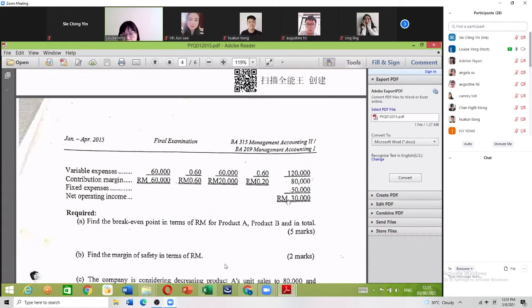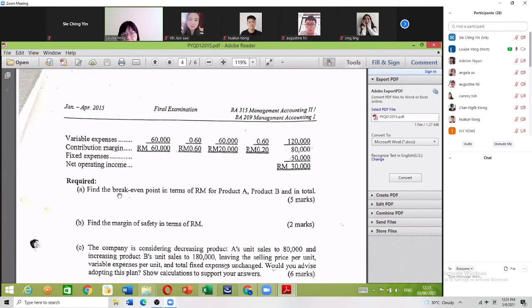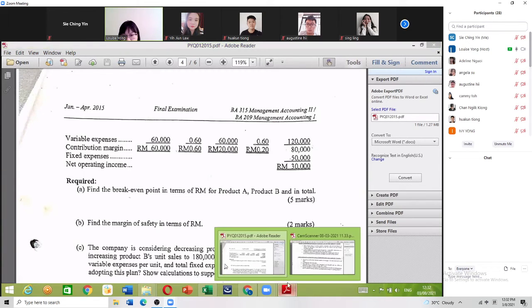Okay, 他就讲 find the break-even point in terms of RM. 这个 break-even point 是要算 RM，他不要算 number of unit，他要算 RM for A, for B, and then for 全部 total 加起来。And then part B here, find your MOS in terms of RM. Okay, so the suggested answer, 我给你 suggest 的 answer。